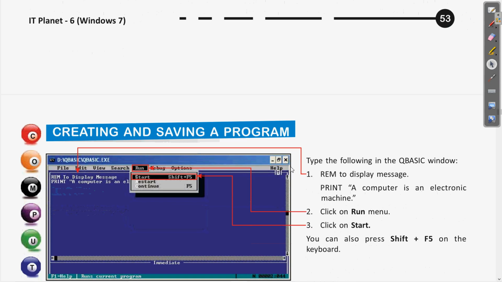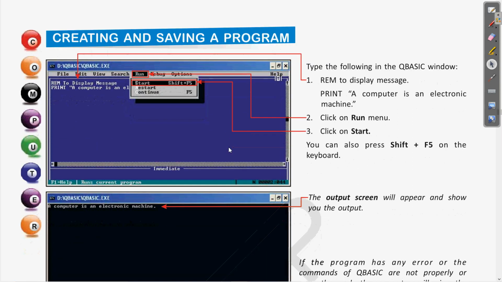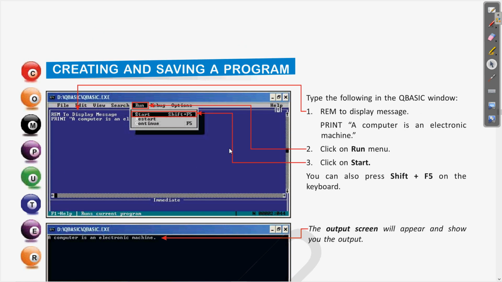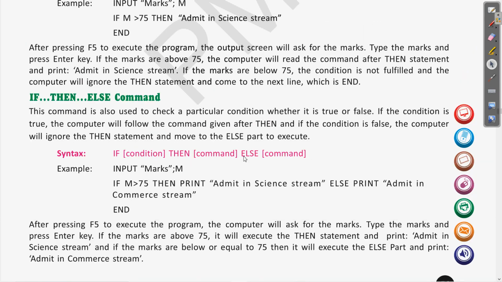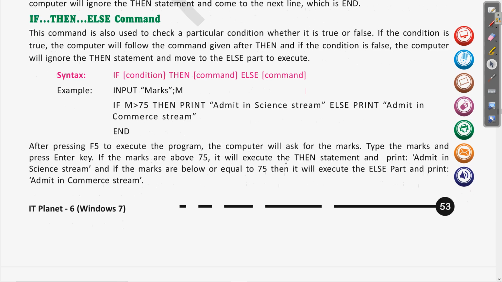Now in the coming class we will see how we can create any program and save any program. Whatever the program we have just seen, that was only for writing the program, it was not saved. In the next class we will see how further we can write the program, run the program, and if you want to save that program so that we can use it again, we will have the option for saving the program also. So revise the things which we have covered today, and let us meet in the next class with the further new concept of this QBasic.